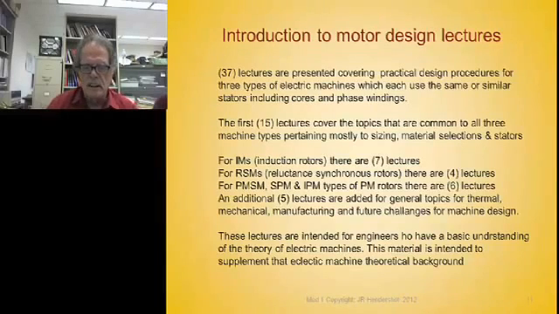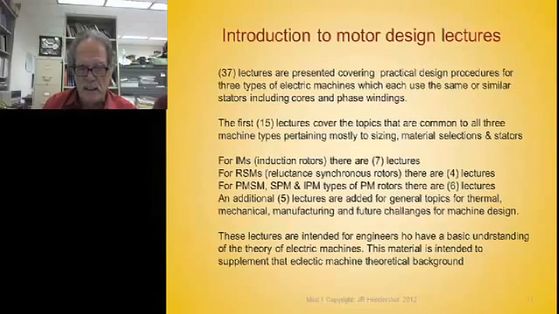And the next 6 lectures contain slides that are used to describe the design of permanent magnet rotors used in brushless machines that either have surface permanent magnets mounted on the rotor or interior permanent magnets mounted inside the rotor. And finally, there's 5 additional lectures that have been added as general topics that apply to all these